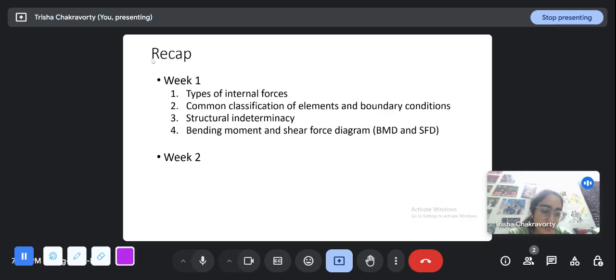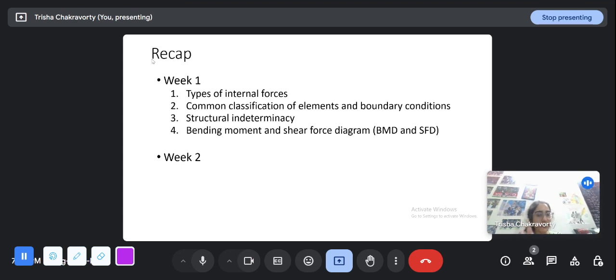And one of the most important topics of structural analysis is how to draw the bending moment and shear force diagrams. So you will be given the beam. Generally it is asked for a beam, it can also be asked for a frame. So you will be given the structure, the boundary conditions, and the loading patterns, everything. And then you have to solve the support reactions and find out the bending moment and shear force at each cross section.